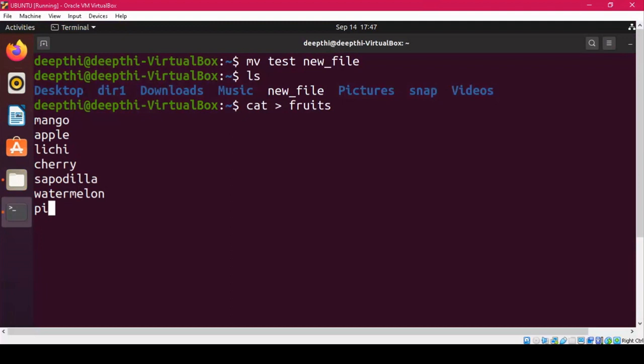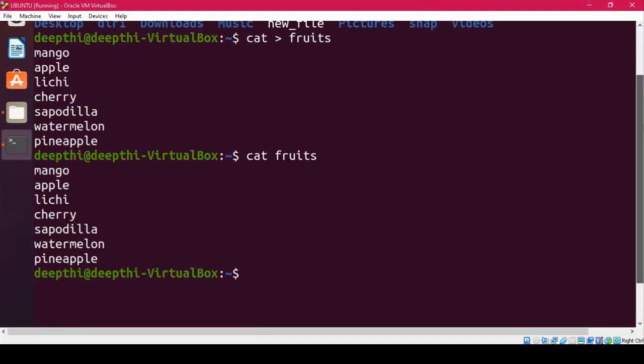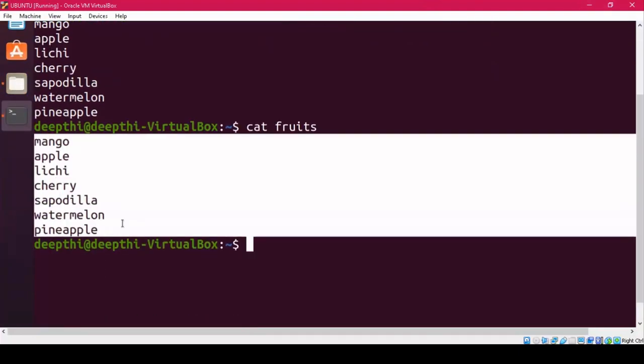Then I write pineapple. That's it. And I come out of this file. I want to see the content of this file, fruits. You can see this is the content of the file, but this is in the same order that we have